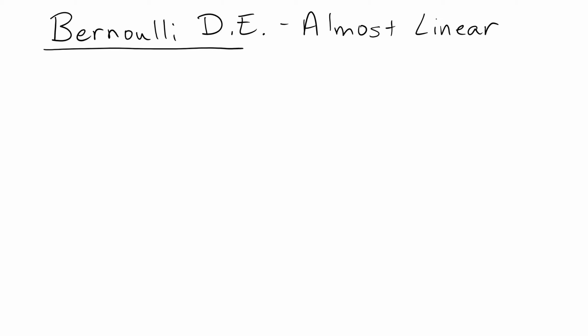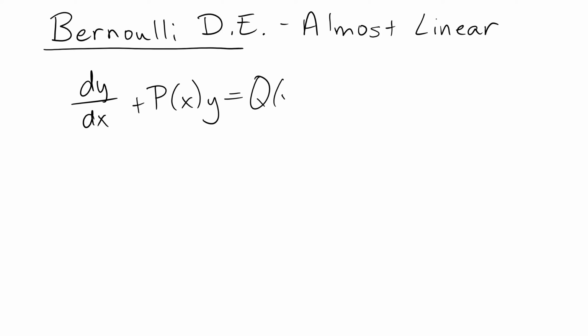So let's think about what a linear differential equation looked like. A linear differential equation was dy over dx plus p of x times y equals q of x. To make it a Bernoulli, we're simply going to have a y to the n at the end. So we have that extra piece there on the far right term. So to solve this,